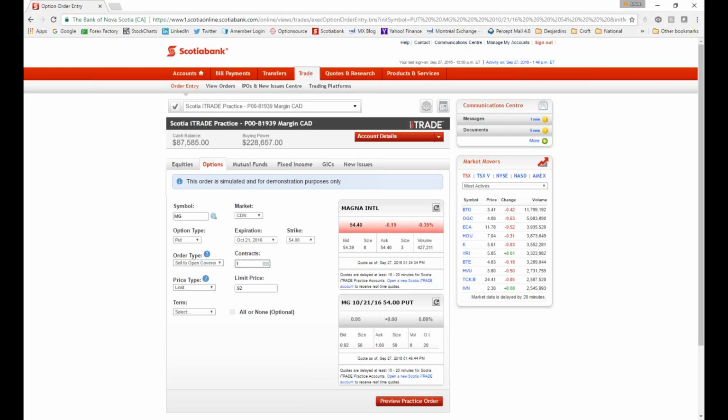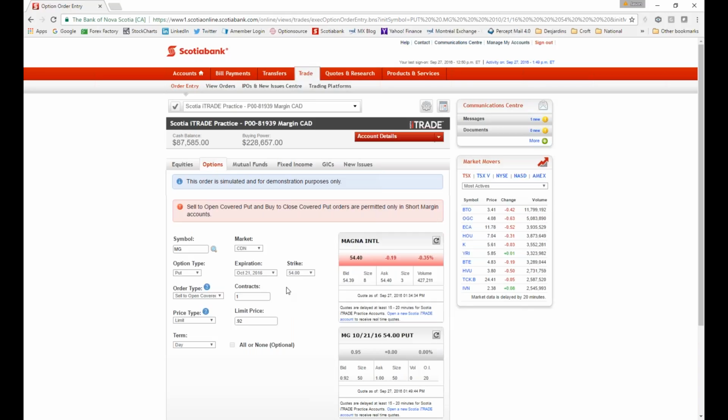So we're going to do one contract, which obligates us to buy 100 shares of Magna at $54 if the shares drop down to or below that level. We'll see if we can actually transact this. Yeah, so we would need to have special permission in this particular account in order to execute that. But you guys get the idea behind the strategy. Very, very powerful. Again, unfortunately, not permitted within